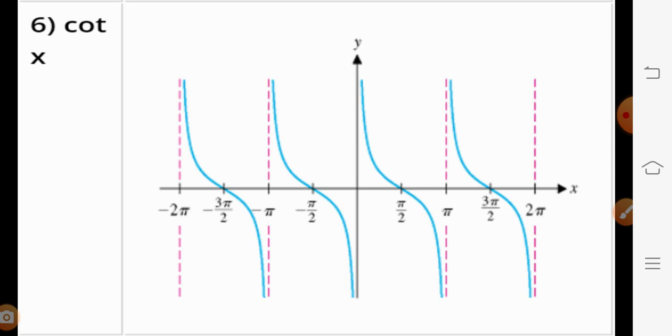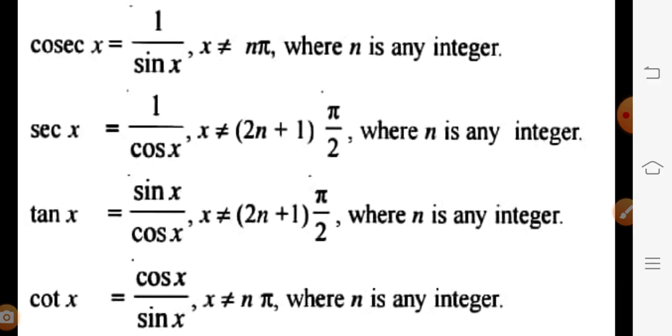And the value which we are putting is called the x coordinate, and the value which we are getting in the function is called the y coordinate. If we have x, y, then we are able to get the graph of these. Then here we are observing cosec x is equal to 1 upon sin x.